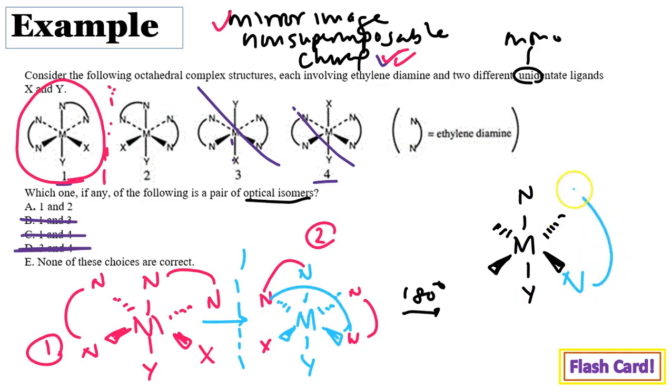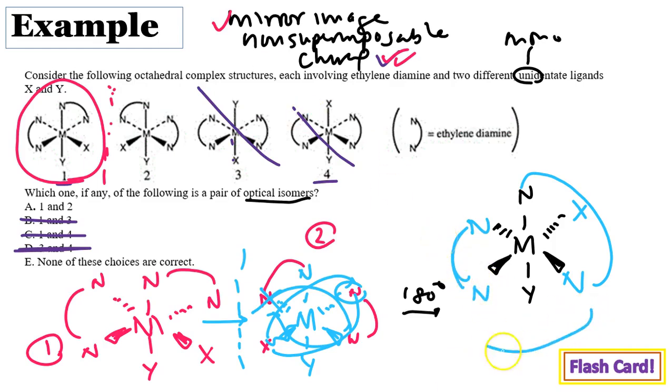That means it's still attached to this nitrogen up here. So we already consolidated that one. This X is now going to be back here. So we already got that ligand. This nitrogen is now going to be over here where this X is. And then this nitrogen is now going to be over here where this X is. Okay, so now the big question is, are they superimposable or are they